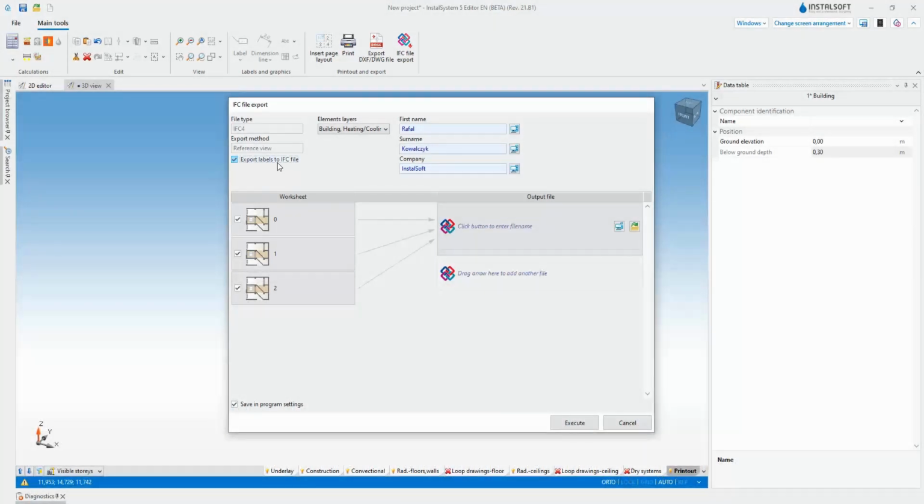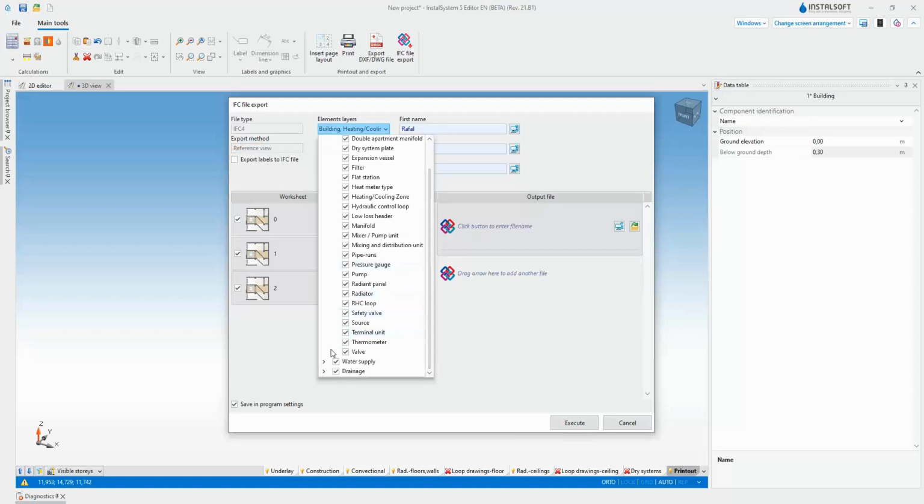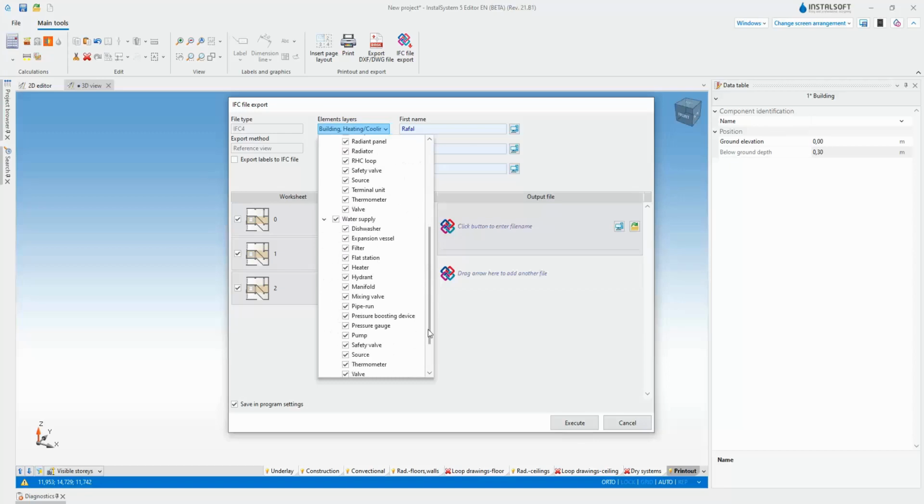The friendly interface of the project export window to the IFC format allows for precise control of the scope of the exported data. The new, dedicated window IFC file export allows, among other things, export or exclude element labels from export, precise determination of the scope of exported elements,